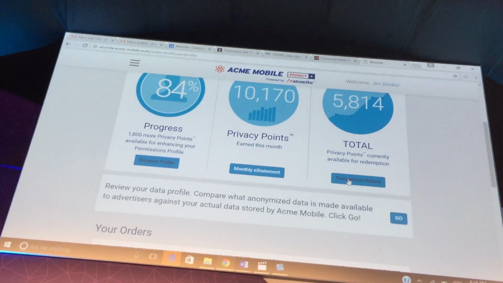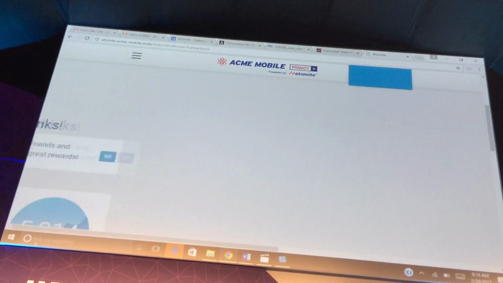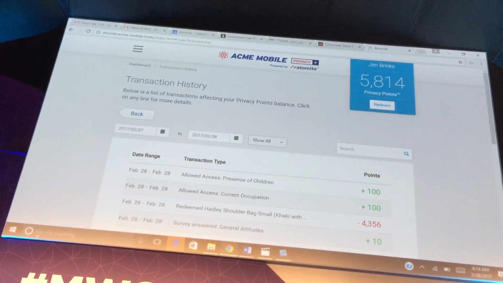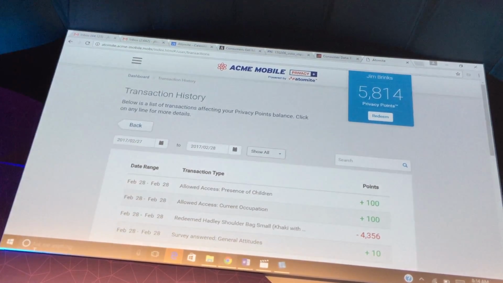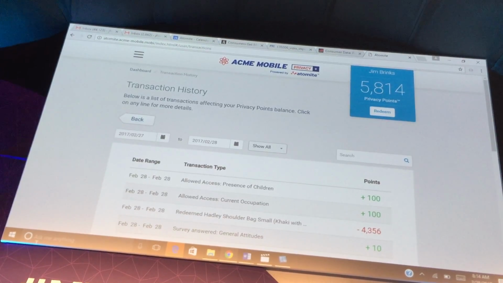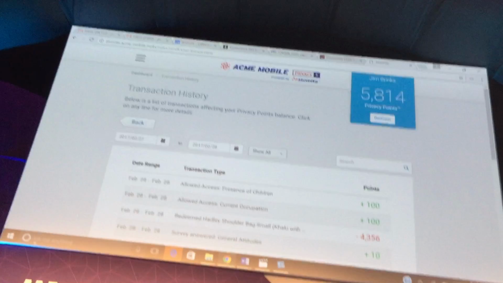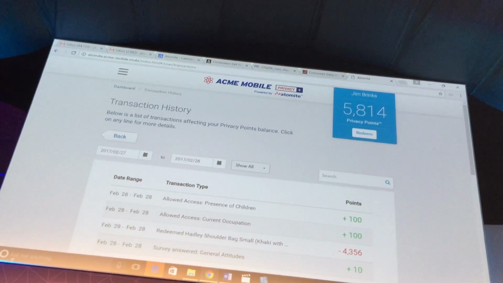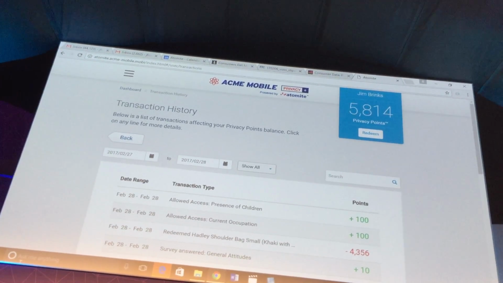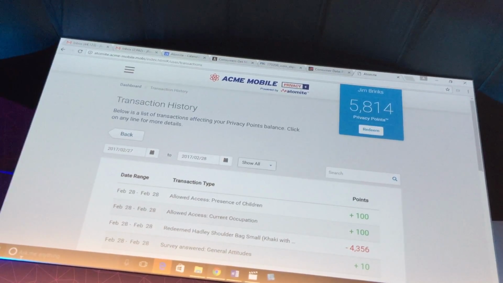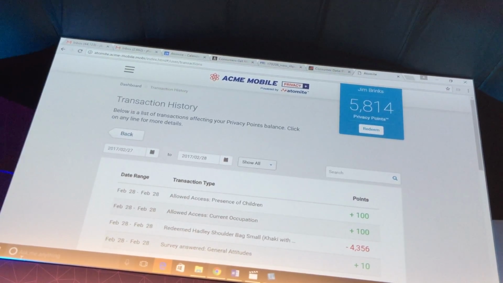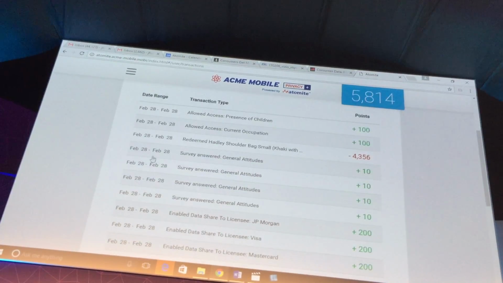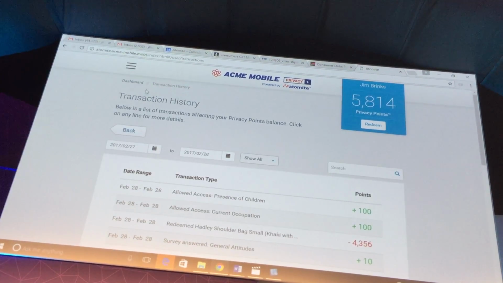Again, as I said earlier, everything here is transparent. So everything that you've done, everything that I just did right now, is all here on a transaction history, right? Whether I've enabled, whether I've redeemed, whether I've invited friends, right? All of that is right here for you to track. Also very important for the mobile carrier who needs a track record, a receipt, in order to prove that it's actually going ahead and giving you permission in an enlightened way. Going back to the dashboard,